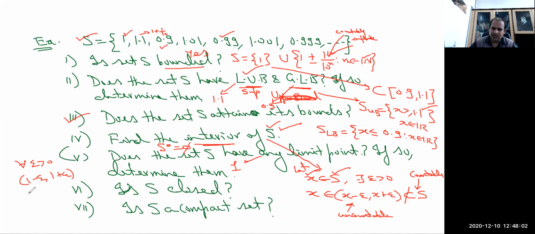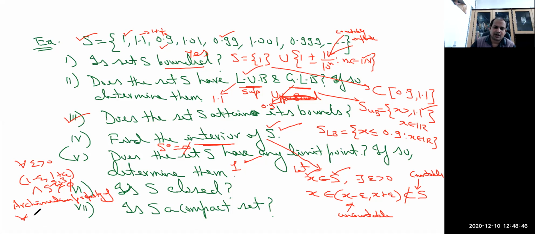That there exists some m naught belonging to N, such that for every n greater than or equal to m naught, one can choose 1 by 10 raised to the power n in every neighborhood of 1. Let me write it: for every epsilon greater than 0, whatever neighborhood we choose for 1, its intersection with the set other than 1 is non-empty. Now how to show this? This can be claimed from the Archimedean property of real numbers.